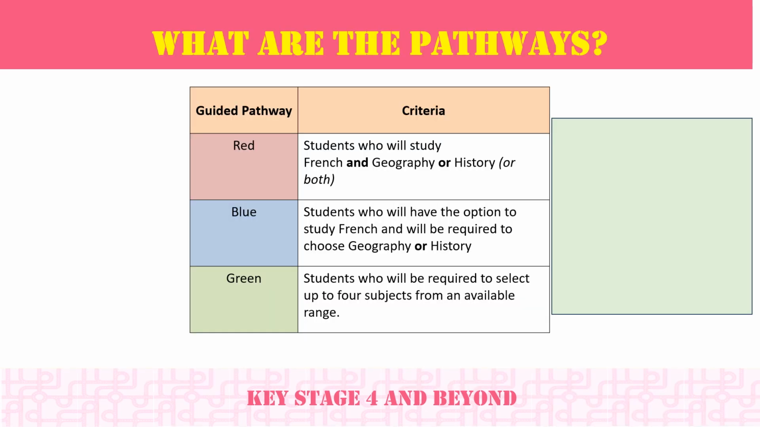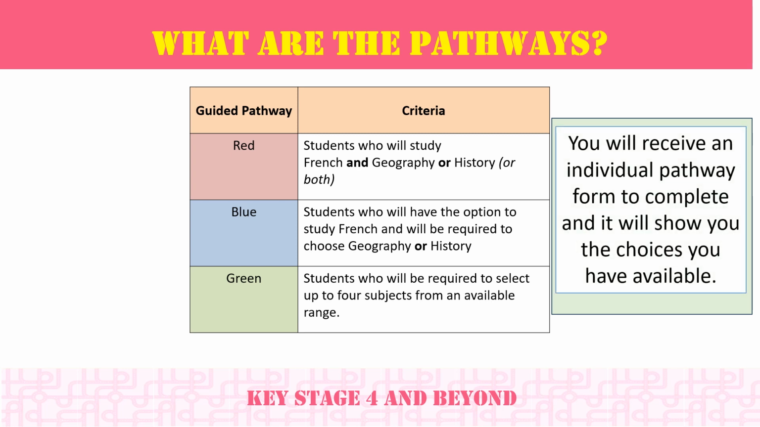So here's some information then on the pathways. The 3 guided pathways, as I mentioned before, are either red, blue or green. If you have a red guided pathway, that means that you will study French and geography or history, or indeed you could do both geography and history. If you have a blue guided pathway, you will have the option to study French, and you will be required to choose geography or history. If you have the green guided pathway, you will be required to select up to 4 subjects from an available